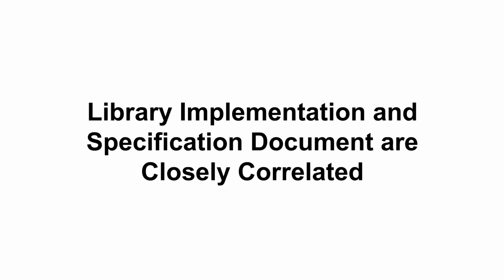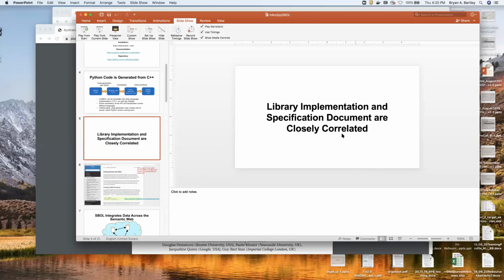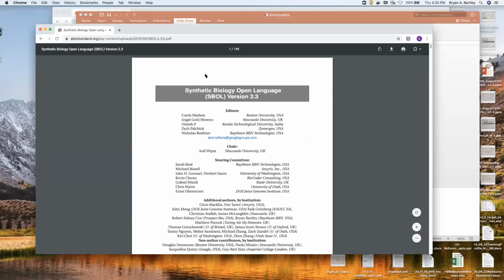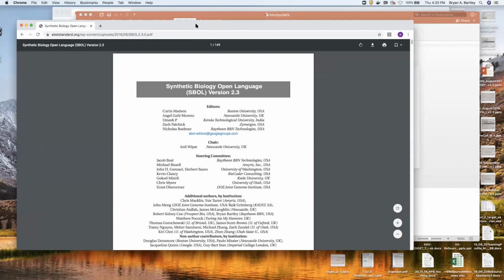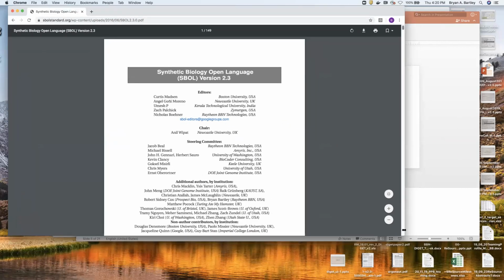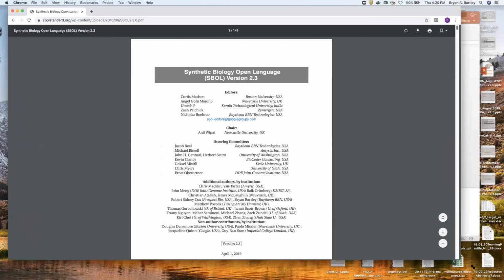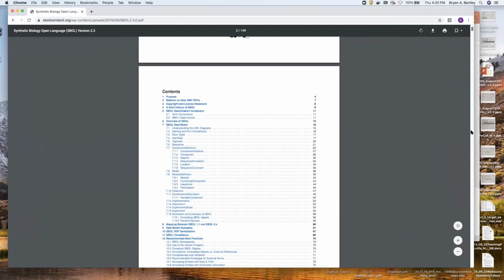I don't know if Chris covered the spec document at all. I'll just show it here briefly. You can access this on the SBOL standard website. This is what the specification document looks like. You would never read this thing from front to back. It's more of a reference document, but